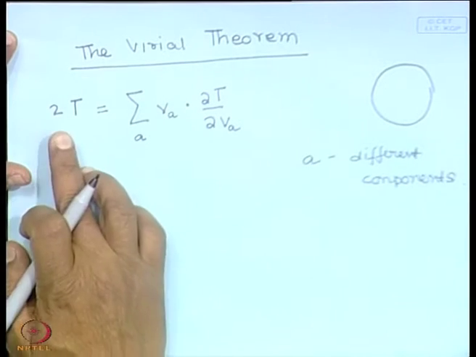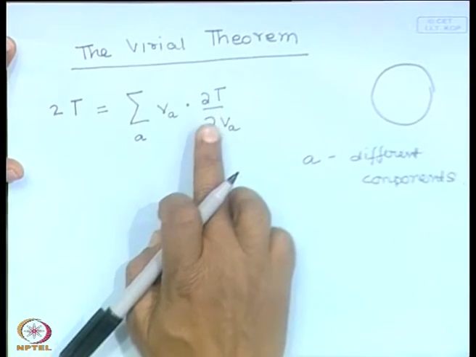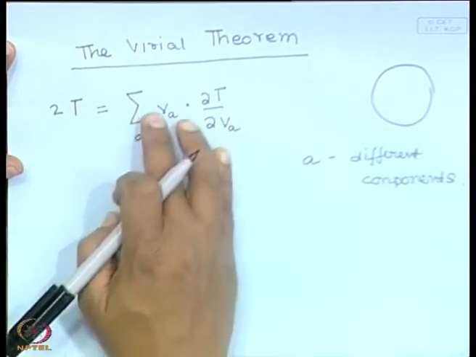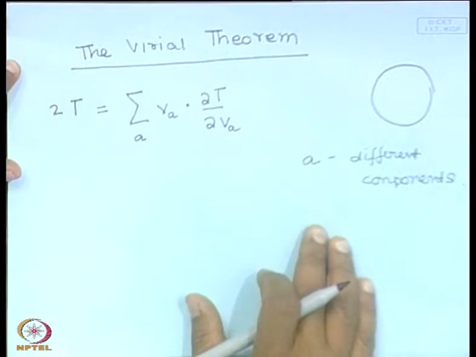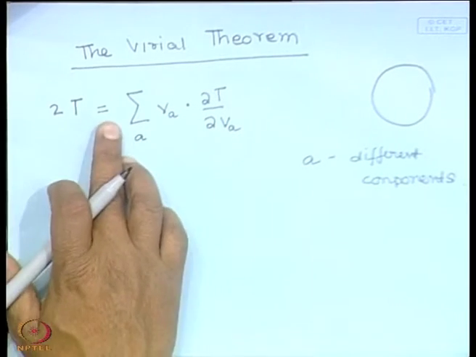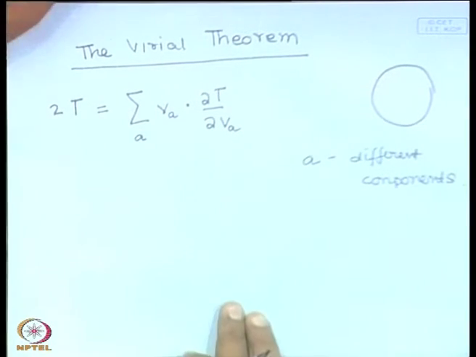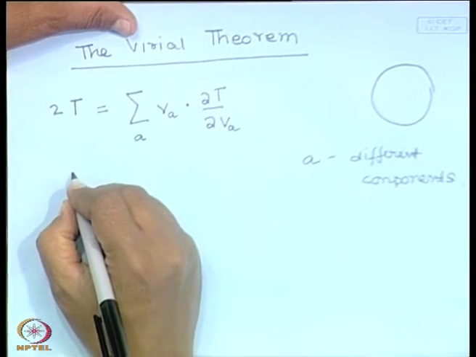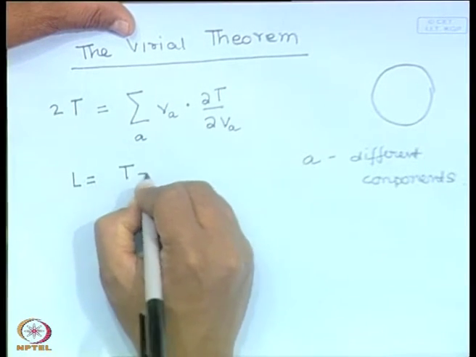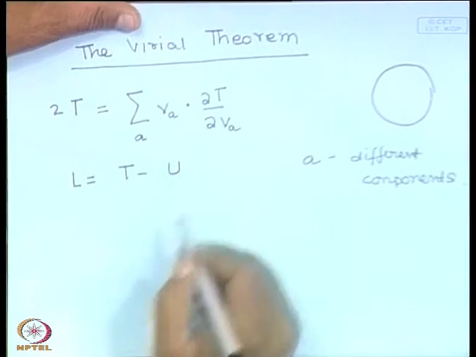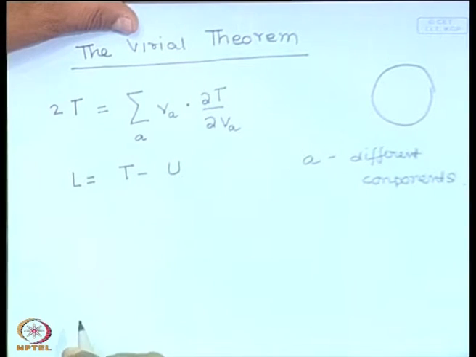Okay. So, T we know is half mv squared. If you differentiate it with respect to velocity, multiply it with velocity and add over all the components, there may be many particles all having x, y, z components, so for each particle you will have a different value of A, then you will recover twice the kinetic energy. Okay. And the Lagrangian is T minus u, where u just depends on the coordinates. So, we can write this